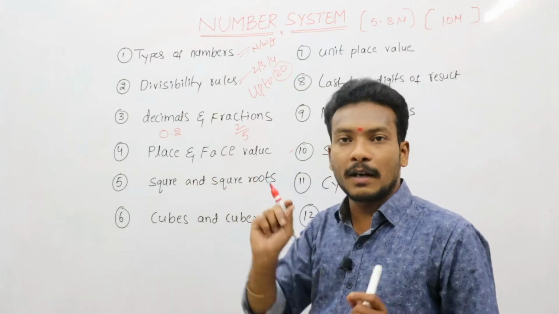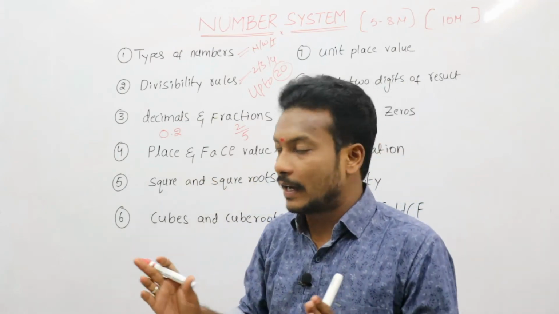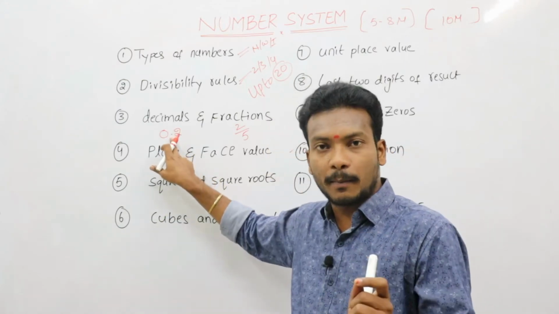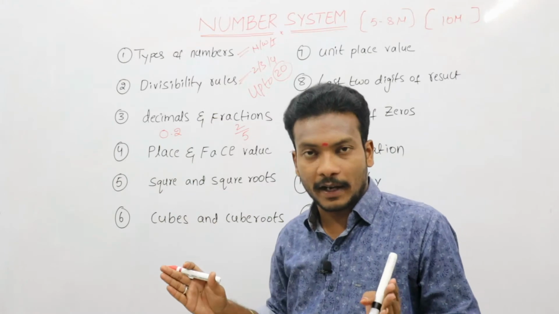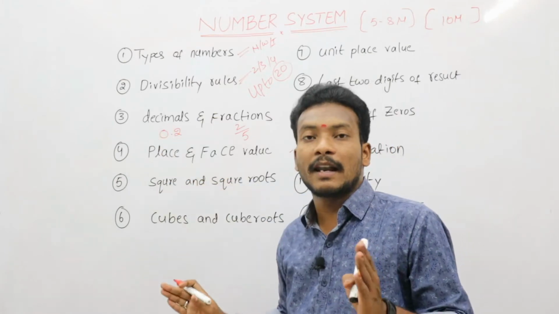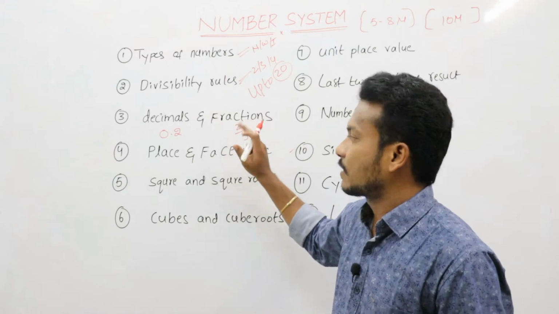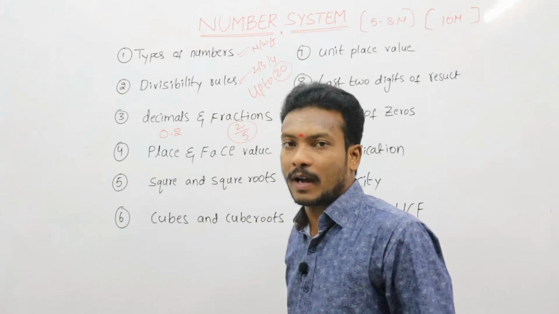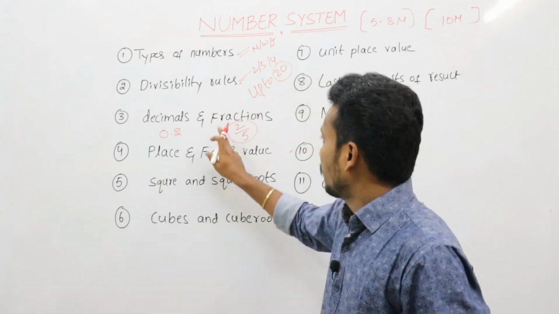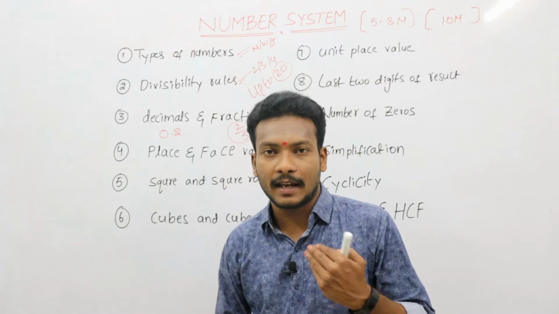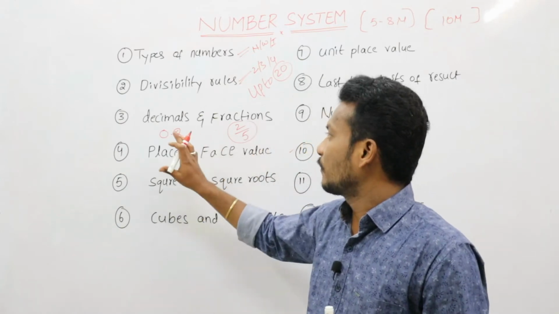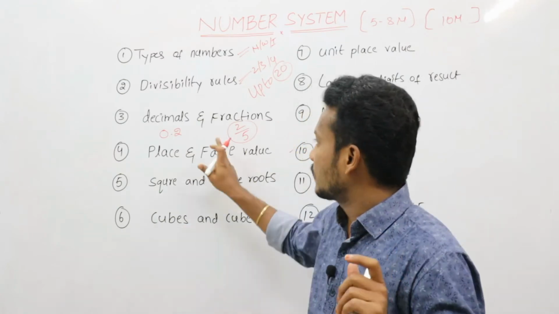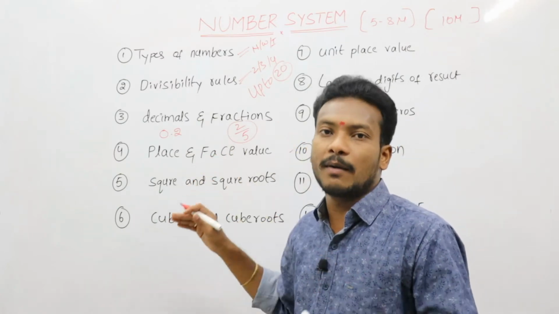With the help of a decimal point the integer values are divided. Now 0 and 2 are integers, but with the help of a decimal point 0 and 2 are separated. Now it is called a decimal number. Like that, a fraction is a part of a unit. What is the part? That is the 2 by 5th part. A fraction consists of a numerator and a denominator. Okay, this is the difference between decimals and fractions. In our chapter we are discussing it in a detailed way depending upon problems also.